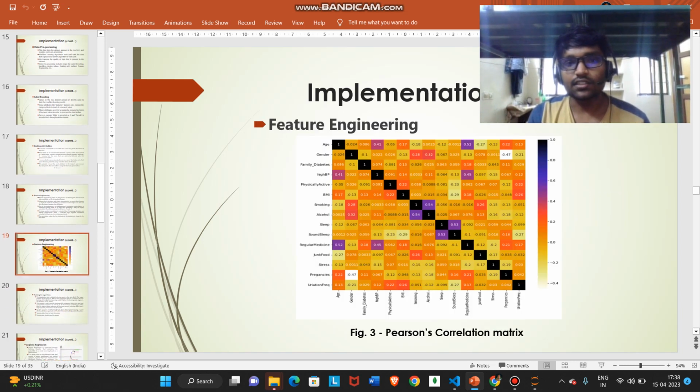Now this is the Pearson's correlation matrix. Here we can see all the correlation values between each two attributes. We can see that no two independent attributes have a high correlation, which means they are not exhibiting any duplicacy.